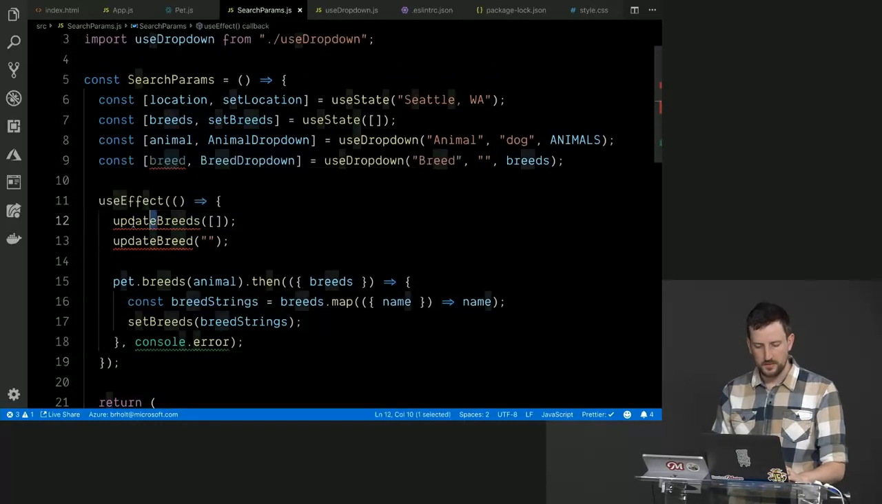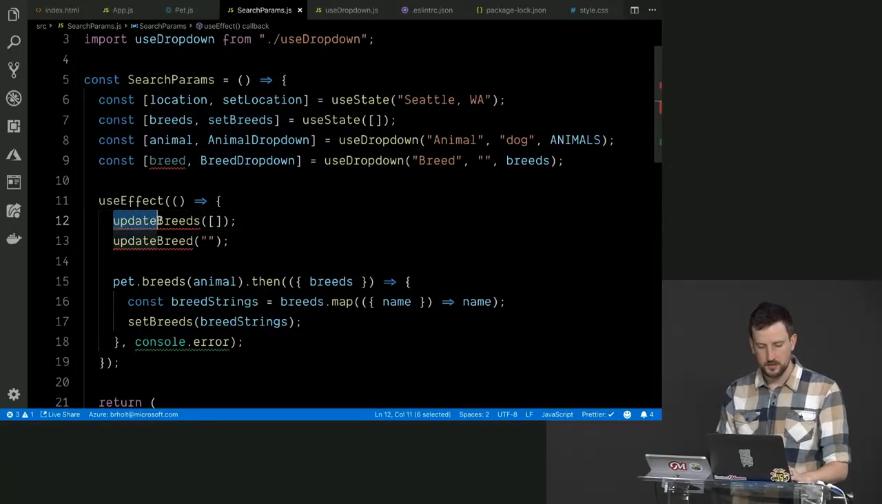Oh yeah, I have these as set, rather, not update. So change this to be set, not